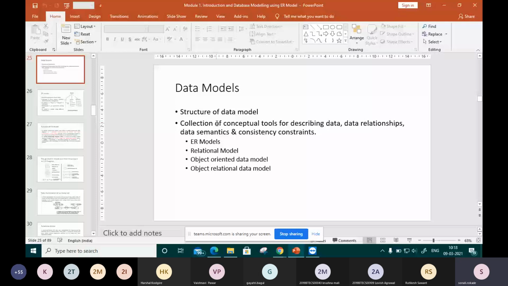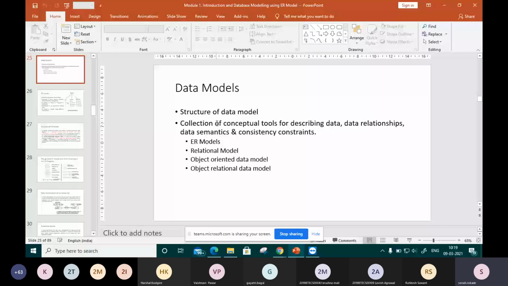You can draw it in your notebook, via software tools, or with a pencil or anything else you want. So it is a design of your database. Data models are defined as the collection of conceptual tools for describing data, data relationships, data semantics, and consistency constraints.